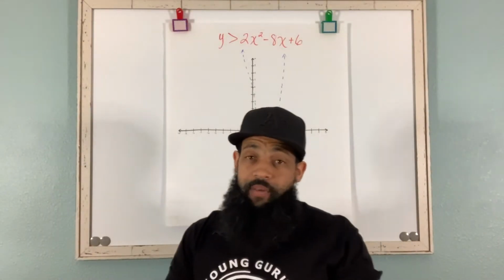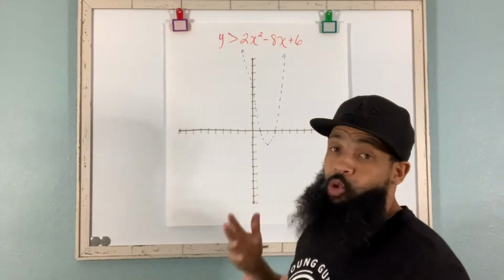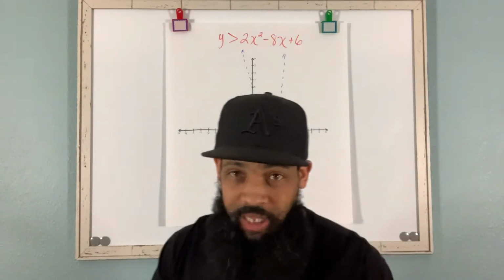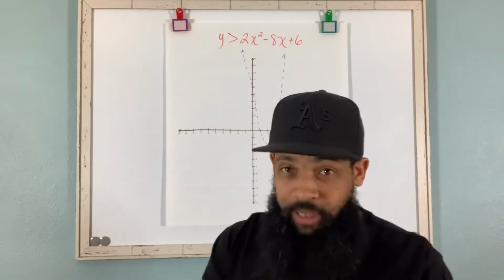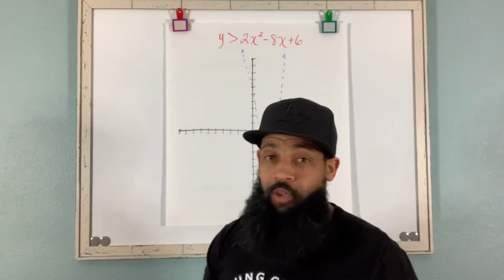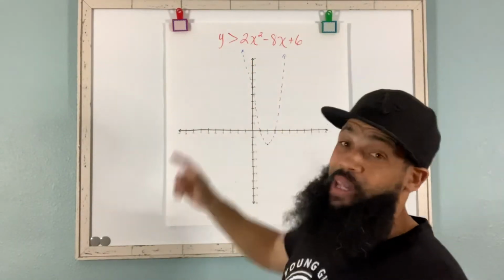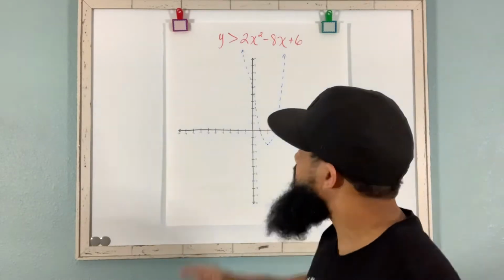In this example, I have a different quadratic inequality, but this time we're going to have y is greater than 2x squared minus 8x plus 6. Please see the video on graphing quadratic equations if you're not familiar with how to graph a quadratic equation, because you're going to graph this inequality just like you're graphing the quadratic equation, but the only difference is here we now have greater than,